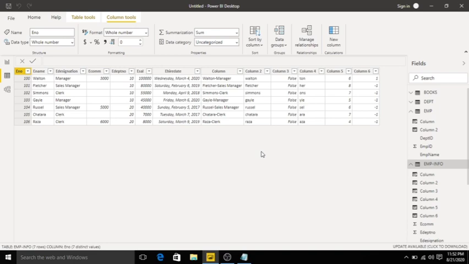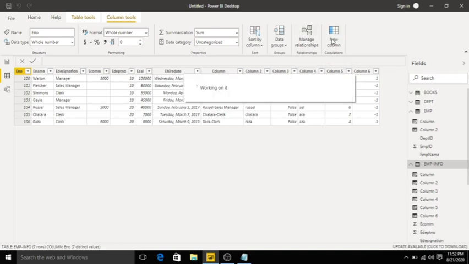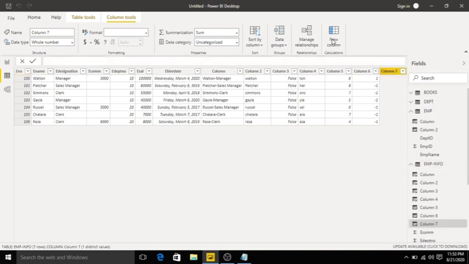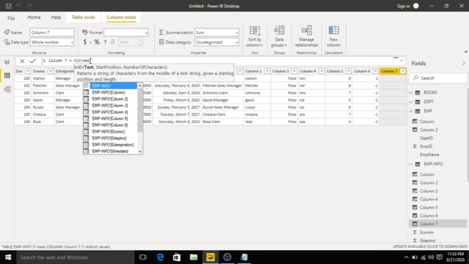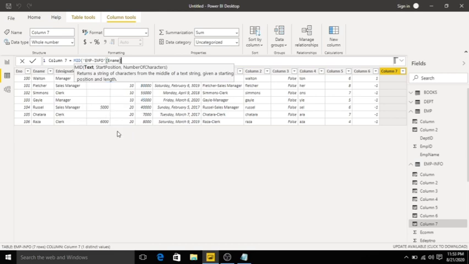Mid returns a string of characters from the middle of the text string. I will create a new column. Click new column. I will take mid of employee info of ename. I will represent it as starting position like 2, number of characters 3.